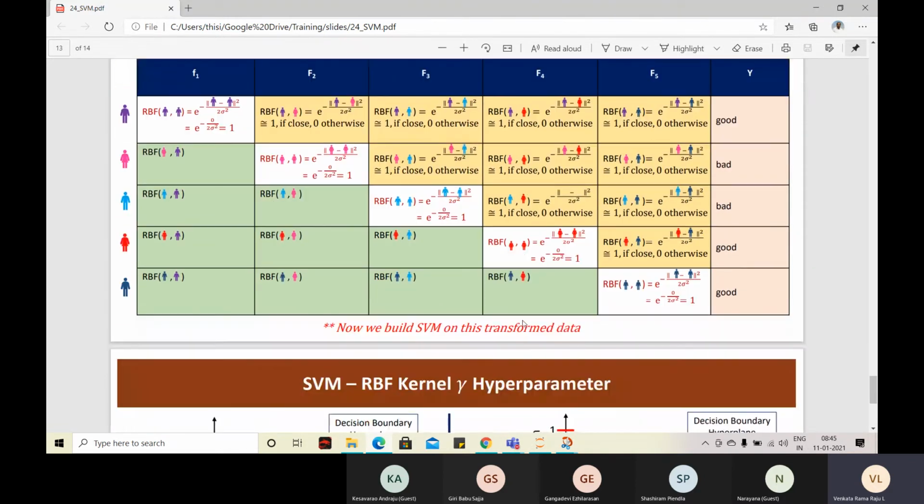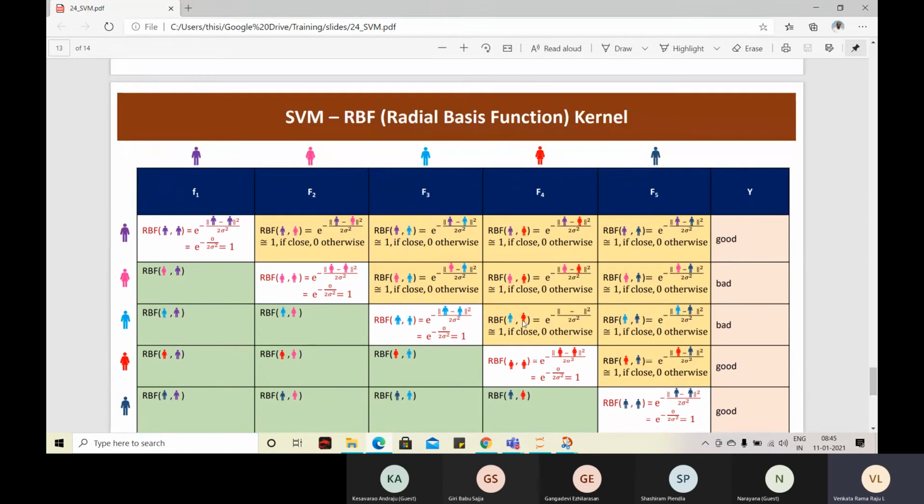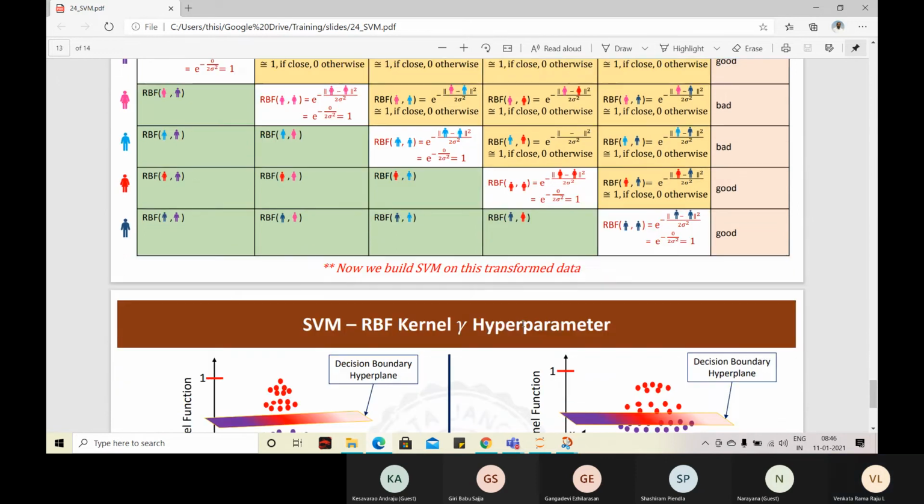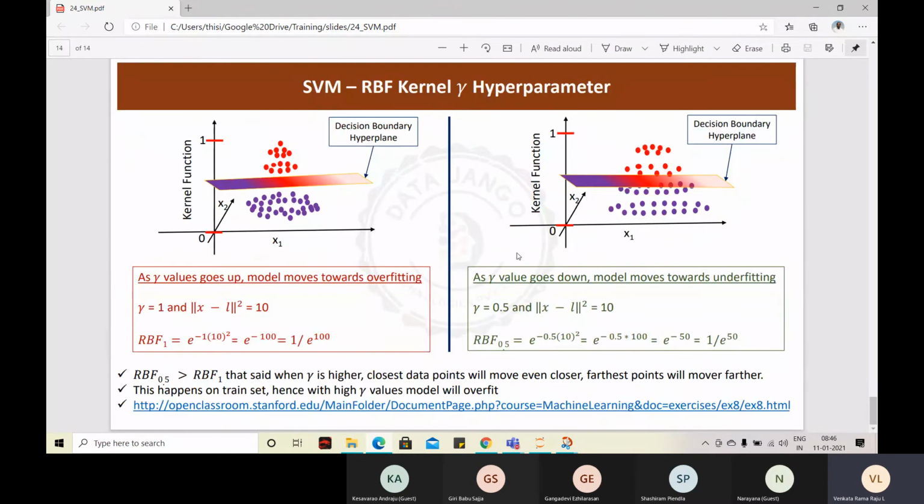So this kernel trick, I tried my level best, and I think I made lots of sense. But if you look at the internet, everybody will confuse you with the kernel trick. It's a very simple trick. Now let us see how exactly this gamma or the sigma will help in reducing overfitting